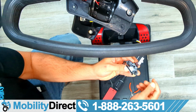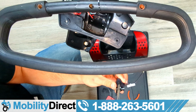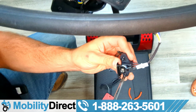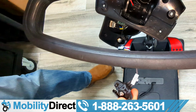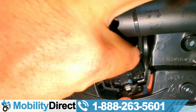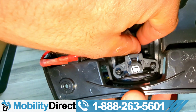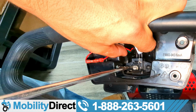I got the screws going through the potentiometer housing just to kind of prep and make sure that they don't fall out again when I go to install the potentiometer. That helps to take that little extra step. And what you want to do is just place the potentiometer right where it belongs. Make sure you're putting it in the right way. There's probably no wrong way to put it in. It probably won't fit, but again, just make sure you take pictures and you know how to put everything back